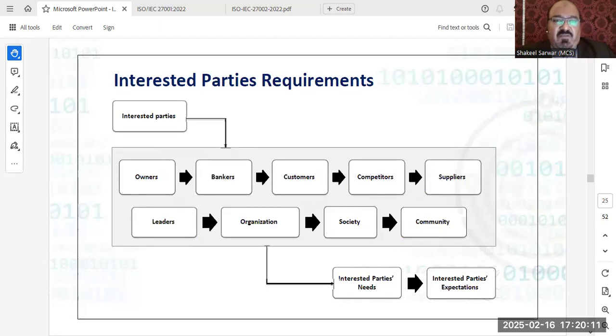Key interested parties and their requirements, based on owners, stakeholders, shareholders, and investors of the business. Requirements may be assurance of information security to protect the organization's assets and intellectual property, compliance with the legal and regulatory requirements to mitigate risks, and implementation of cost-effective security measures. Impact: a robust ISMS increases the organization's value and reduces